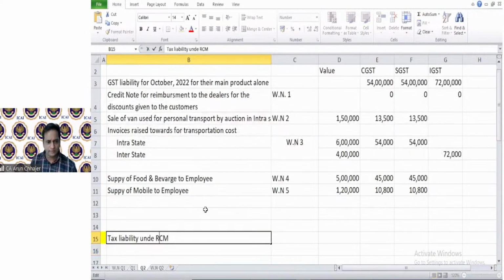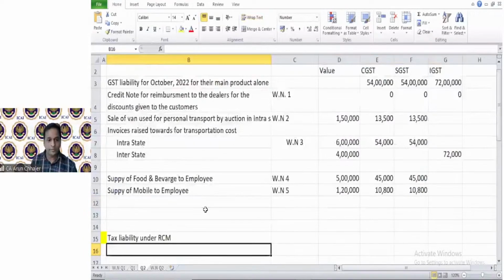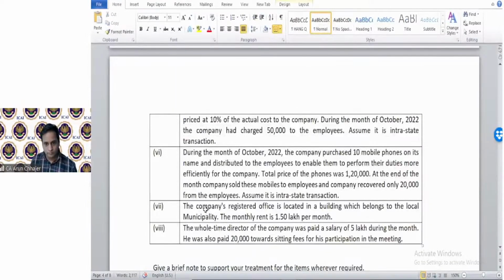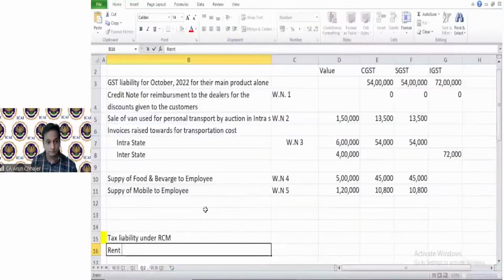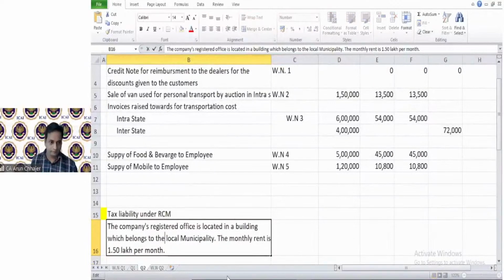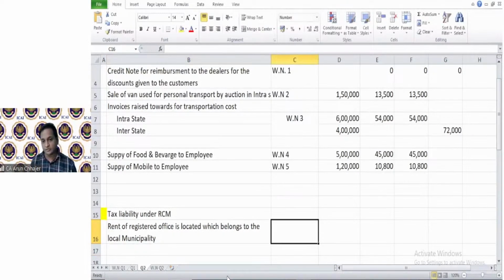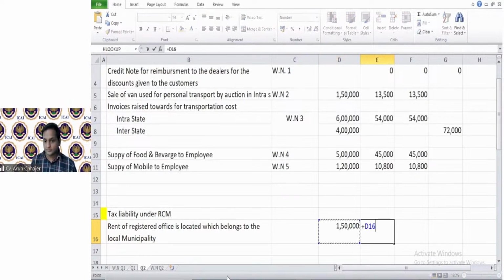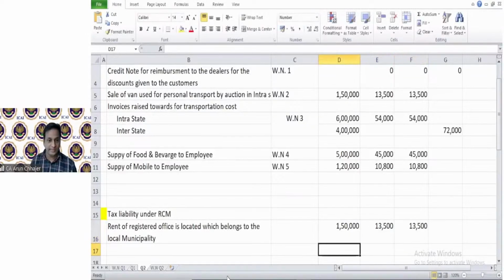I will simply put into the rent of registered office which belongs to the local municipality. 1,50,000 and correct. So